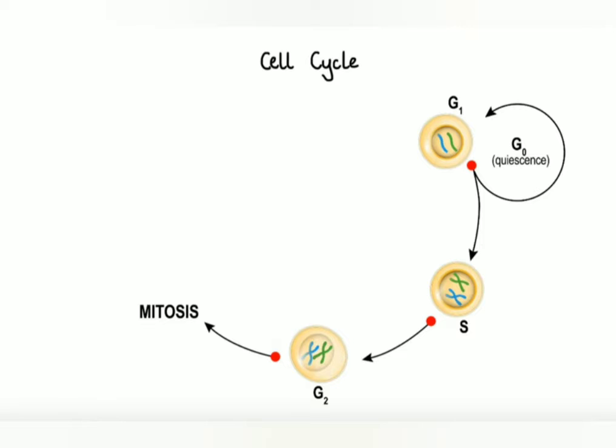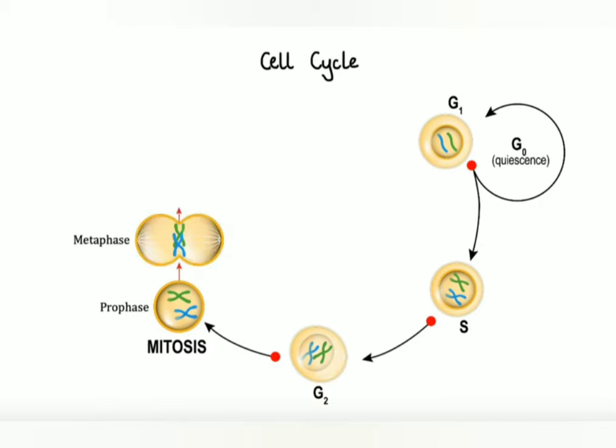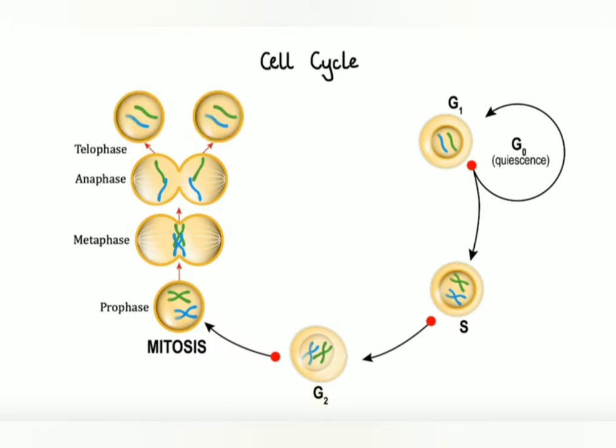Now, the process for mitosis itself is divided into a few different stages. The main stages are prophase, during which chromosomes appear condensed and the nuclear envelope breaks down; metaphase, during which the network of microtubules growing from the centrioles at the cell poles align the chromosomes in the middle of the cell; anaphase, during which the chromosomes are separated and move to the opposite sides of the cell; and lastly, telophase and cytokinesis, during which nuclear membranes form around the separated chromosomes and the cell pinches off, bringing about the separation into two